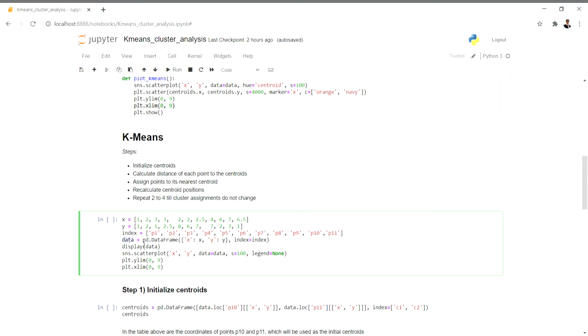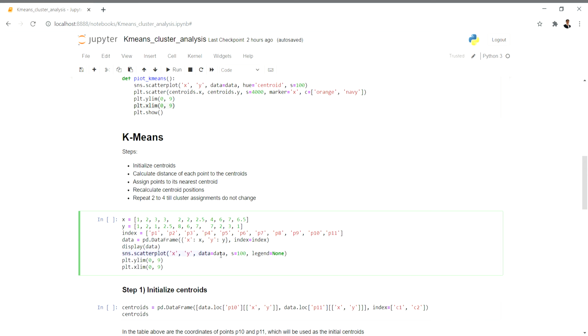And this is the data. The data frame that I'll have is key and value: x and the value of x, y and the value of y. That is a dictionary, and the index that I'm keeping here. Then I'll display. This is not a print statement, this is a display statement. It will display the data frame. I'll just change this display to print, and we'll see what the difference is.